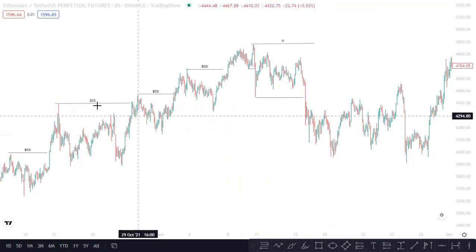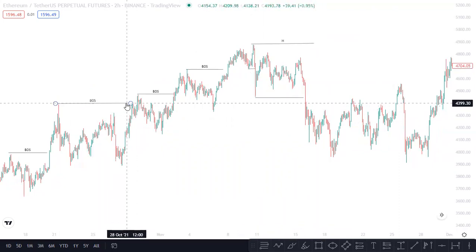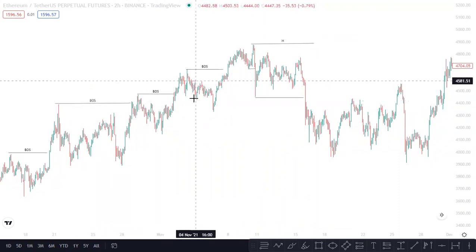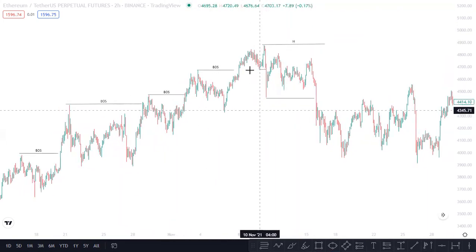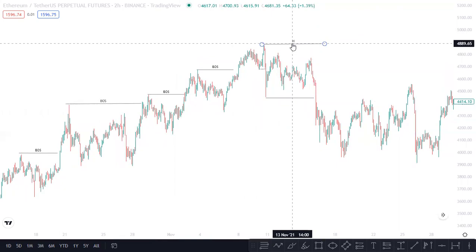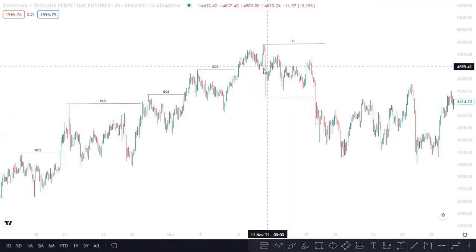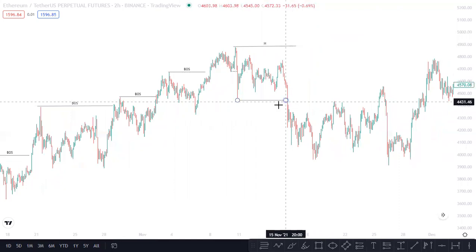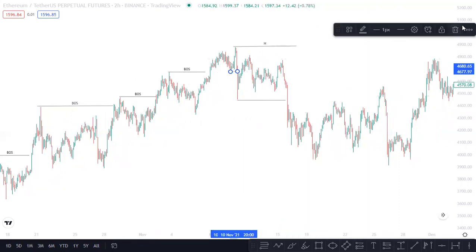So whenever price stops creating higher highs, price starts deviating from an uptrend to a downtrend, like what happened there. There was no BOS at this point, and what the price did, price started breaking lows, right? We started changing the trend. So you had your BOS at this point,